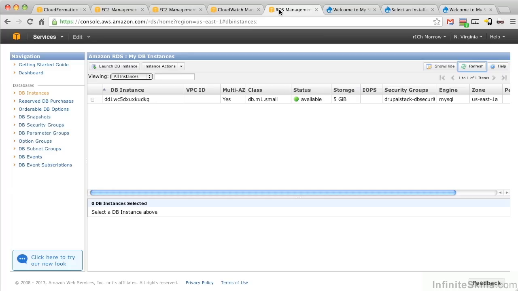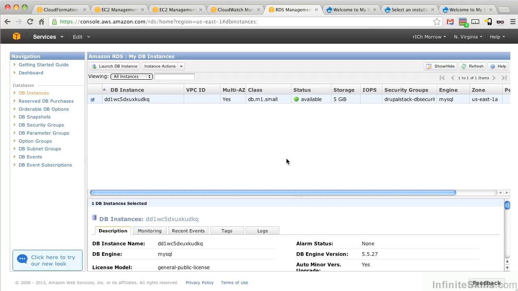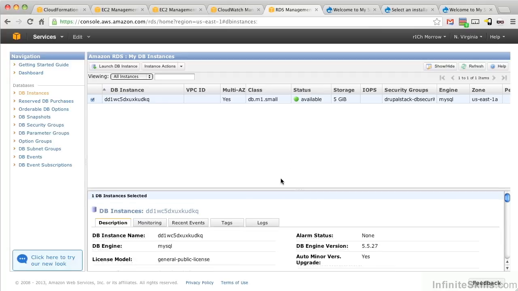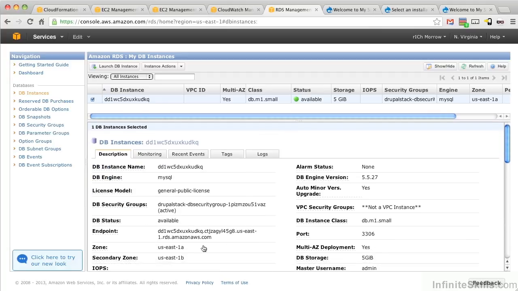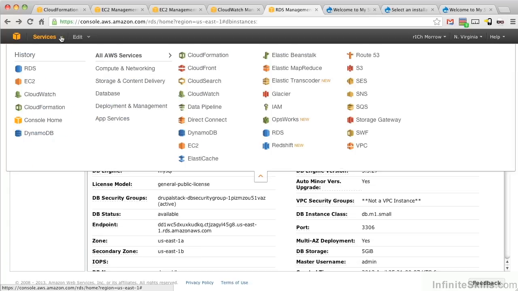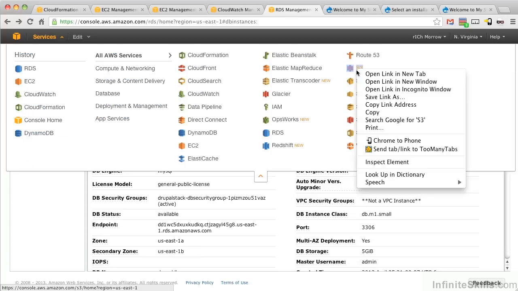Let's look at our RDS for a second. Here we see that we have a single RDS created with 5 gigs of storage. Let's go ahead and click on that and open up the detailed view. We can see that we have a multi-AZ setup, and our primary zone is 1A, our secondary zone is 1B. If we were to lose the database in 1A, it would seamlessly fail over to 1B, which is generally a good thing. From this tab, let's go ahead and choose Services, right-click on S3, and open up yet another tab,